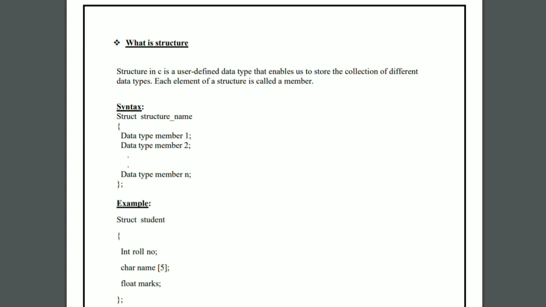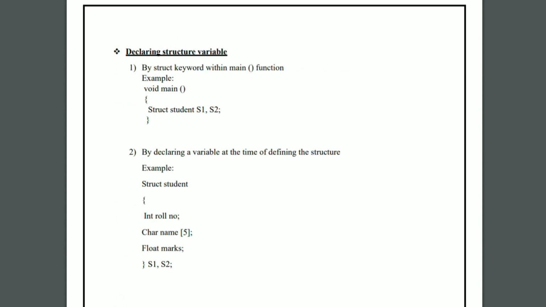Syntax: struct is a keyword, then structure name, opening curly bracket, data type member 1 semicolon, data type member 2 semicolon, up to data type member n semicolon, closing curly bracket, semicolon. Here we give a semicolon after the closing curly bracket. Example: struct student { int rollnumber; char name[size]; float mark; };